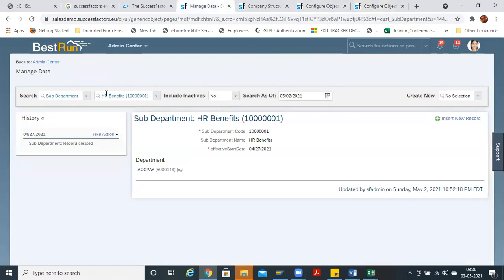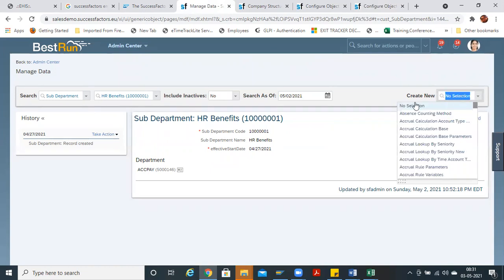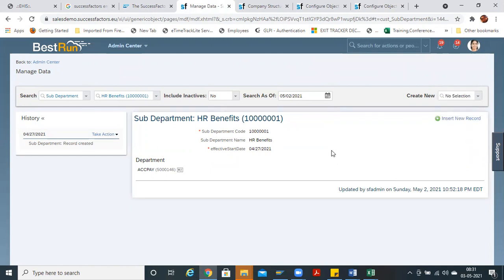So how to create the sub-department value? Sub-department HR benefits we are showing, right?